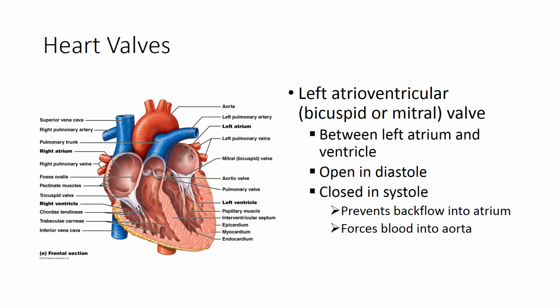When the ventricle contracts, or systole, this valve will close. So similar to the right side, we don't want blood backflowing or moving back up to the atrium. And this is going to promote the movement of blood into the aorta. So this is kind of hard to see because the pulmonary trunk obscures the aorta, but the aorta is passing in this direction right behind that pulmonary trunk. So when the left ventricle contracts, it's going to force blood up this way and then into the aorta.